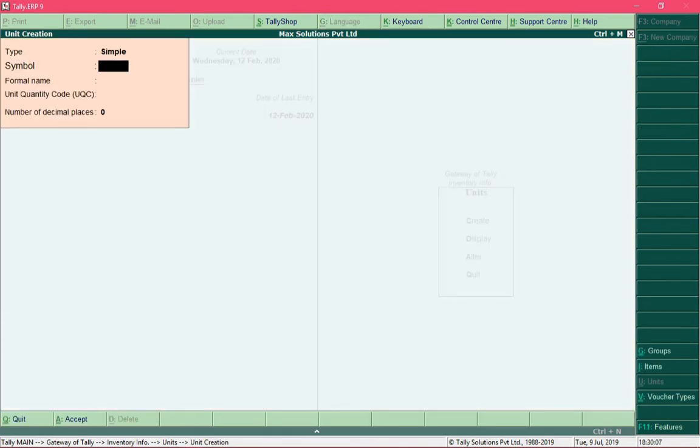The unit creation screen will appear. Now let's create a unit called pieces. So in the field symbol you need to provide a short name for your unit. So for pieces we can use the letters P, C and S and press enter and provide a formal name which is basically a full name for your unit